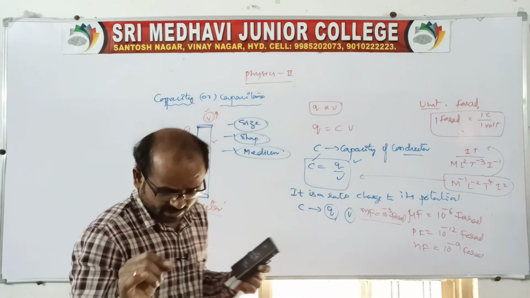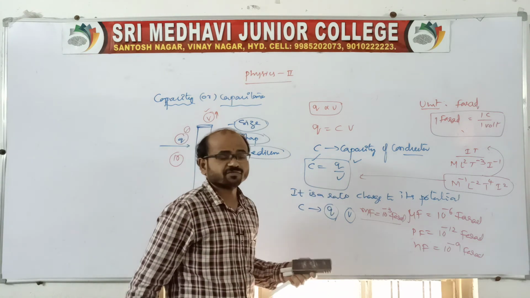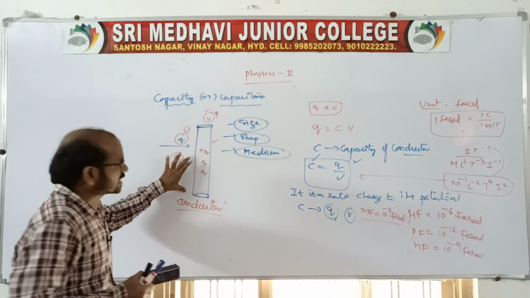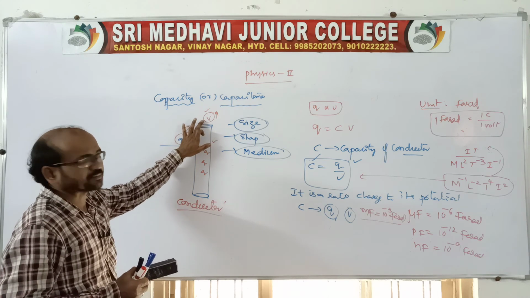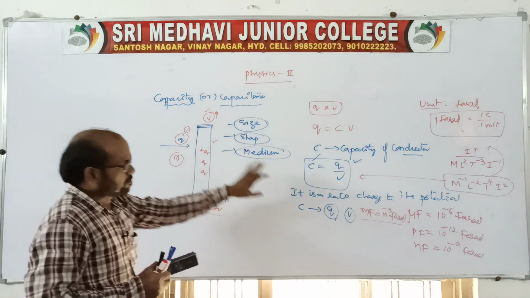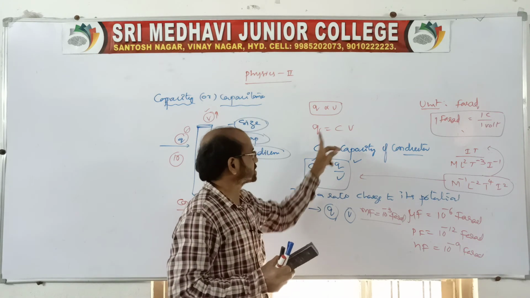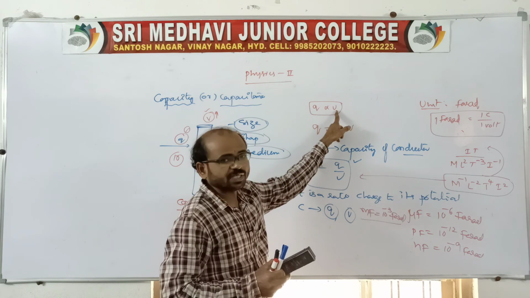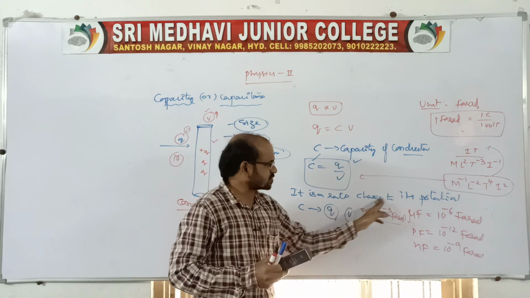It is related to capacity. Everyone remember, capacity is the ratio of charge to its potential, which we call the capacity of a given isolated conductor. When charges are added to the conductor, its potential increases by V. The capacity depends on size, shape and surrounding medium, but it is independent of charge and potential. Since Q is directly proportional to V, C is introduced as the constant, so C is Q by V, the ratio of charge to its potential.